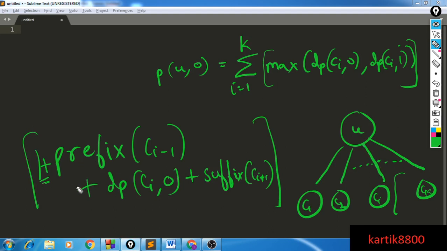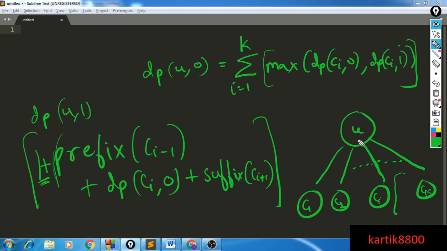This is going to represent the number of edges in your matching, and you're selecting this edge from U till Ci. In the other case you are not selecting any edge, so I wasn't adding a 1. But in this particular case you just selected this edge, and the remaining thing is some additional answer you're going to get from the remaining subtrees. This is going to be your answer for dp of U comma 1. You have to try this out for every ith child of U.